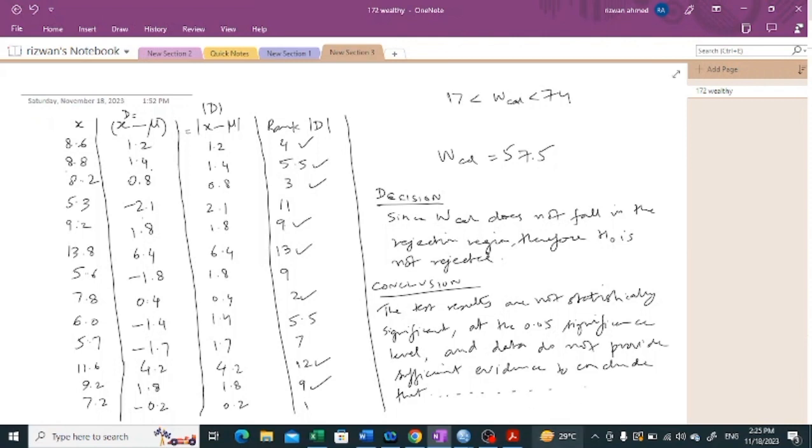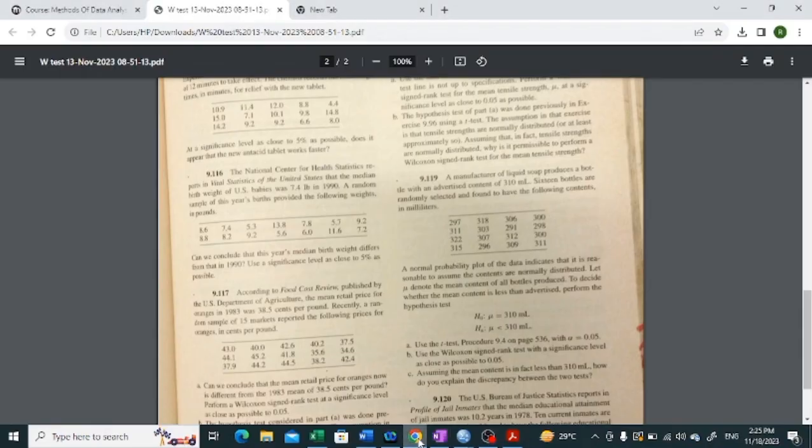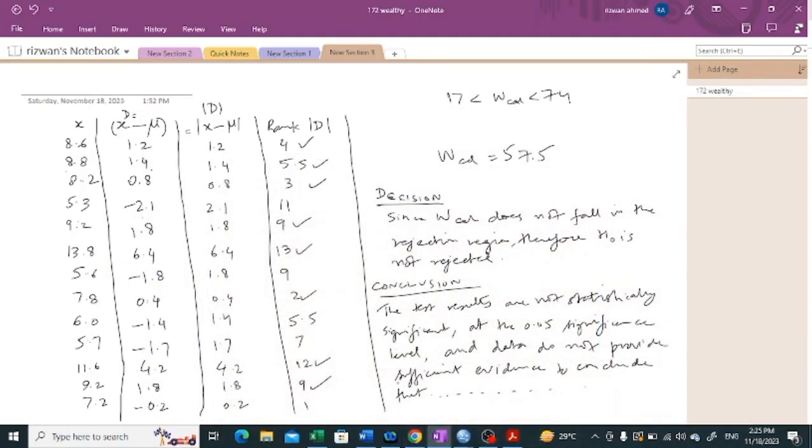Now we copy and paste the statement given in the question for hypothesizing, that this year's median birth weight differs from that in 1990. This is how we perform the W test. That's all from